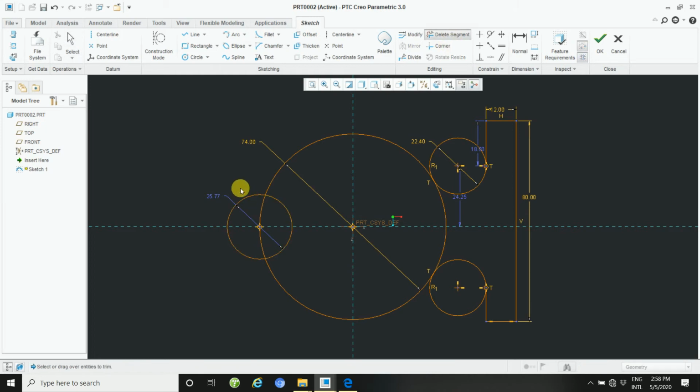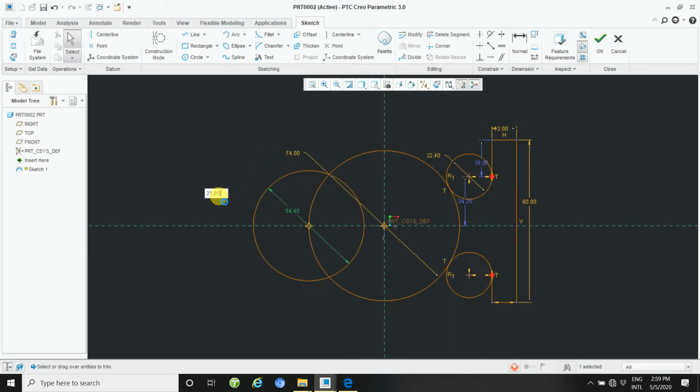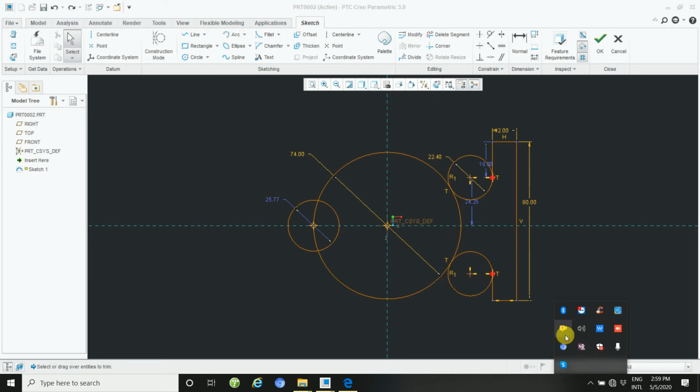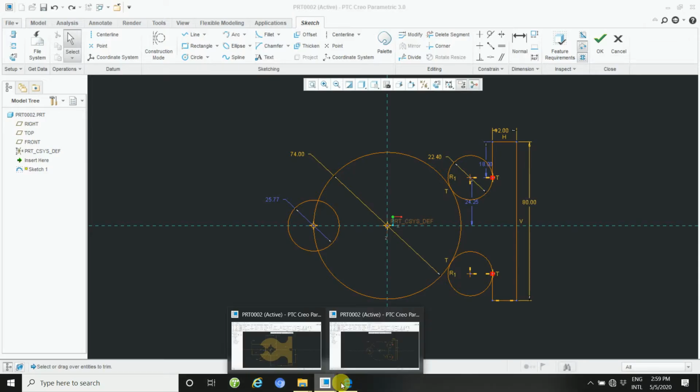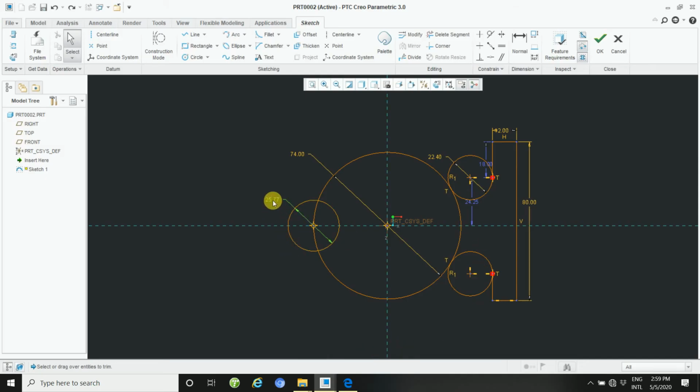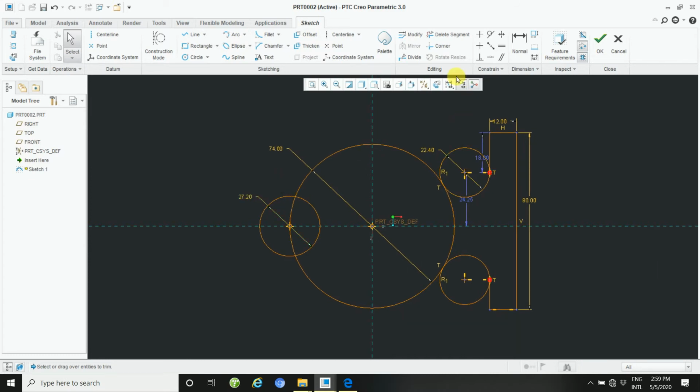First trim, otherwise first apply 27.2. Let's see, radius take 27.2. And then trim this area.